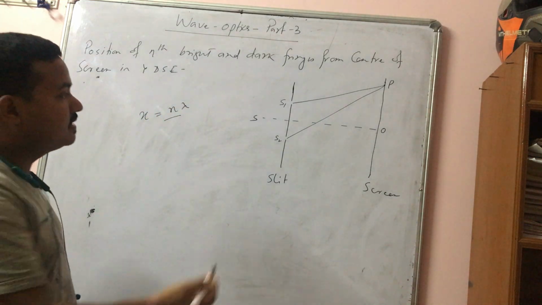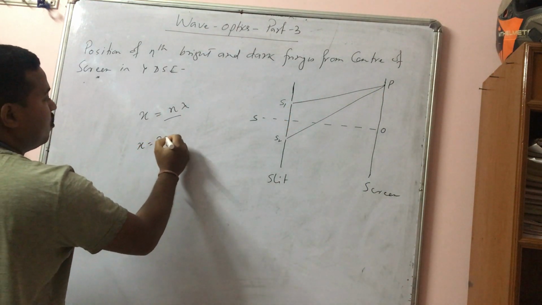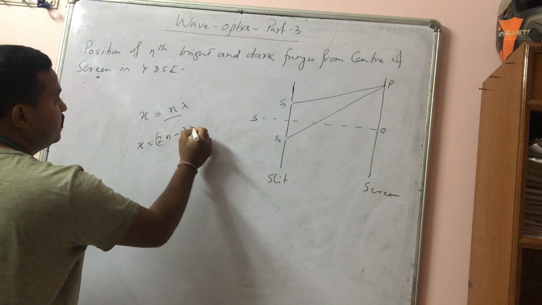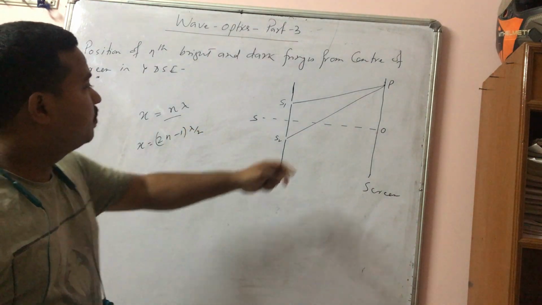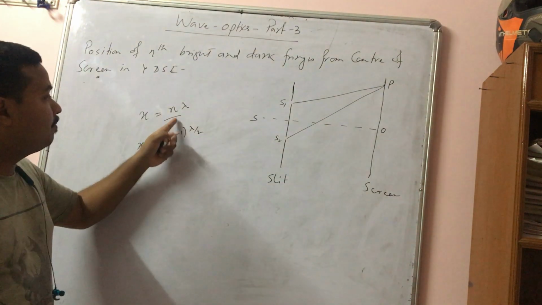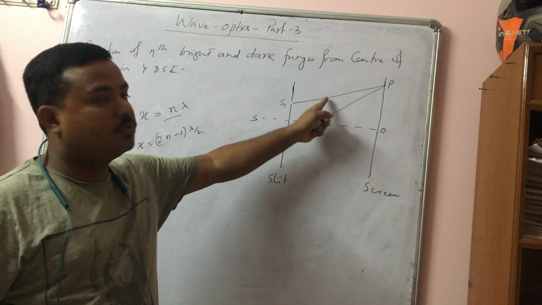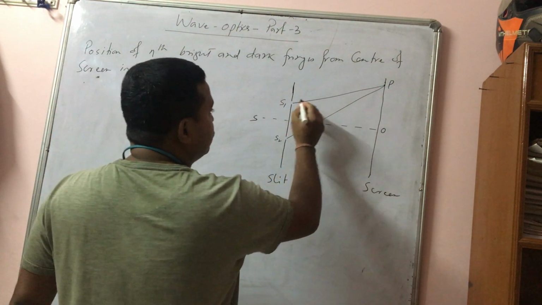And for minimum intensity or dark fringes, the condition is an odd multiple of lambda by 2. So to find out whether this position is bright or dark, you have to find the path difference first, the path difference between these two beams. So for that, suppose